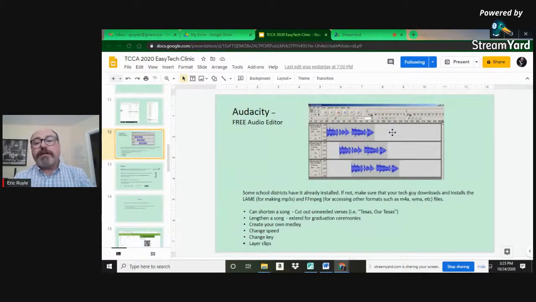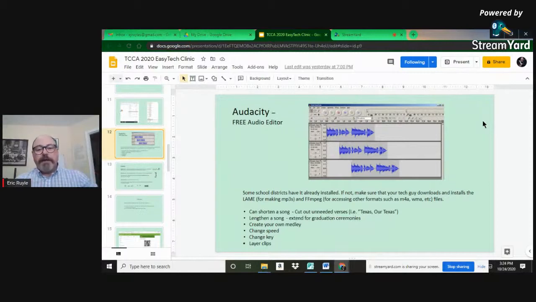If you have a song that has an unfortunate word in there, you can just dim down the volume right at that point. Or if you want a little bleep, you can add it in there. Or for a graduation ceremony, Pomp and Circumstance. You don't have one long enough? Copy and paste, and copy and paste, and you can make it as long as you want. So there you go.